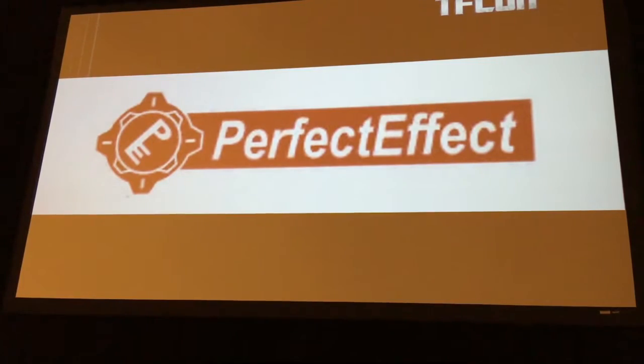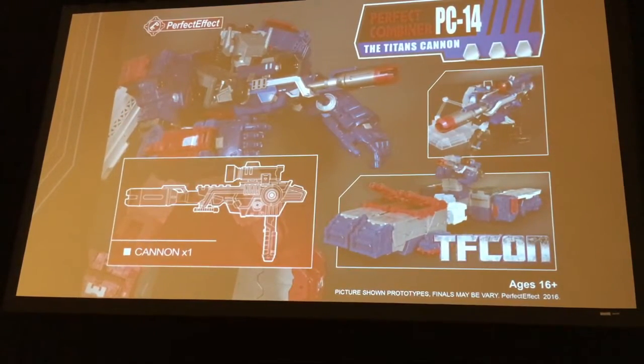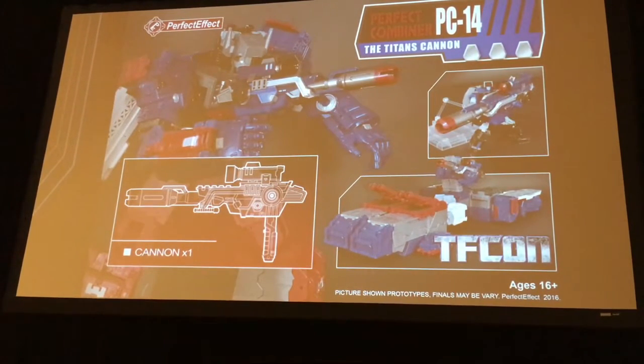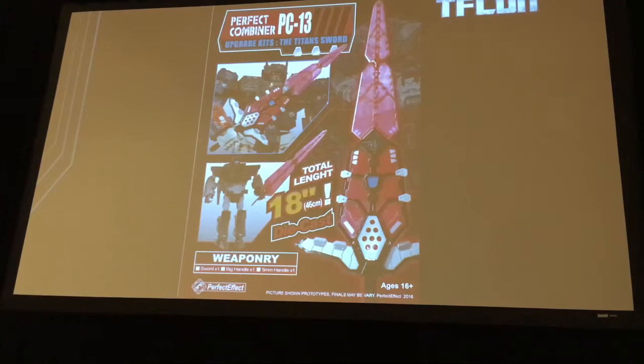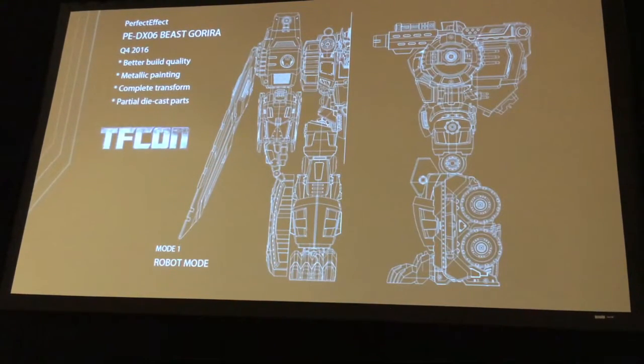Perfect Effect. Perfect Effect started off doing, well, anyone who buys Combiner Wars probably has a handful of their sets. Hands and feet and guns and all the cool stuff. So they're doing a set for Fortress Maximus as well. They're reissuing their old Master Sword to go with Fortress Maximus. And they're also doing